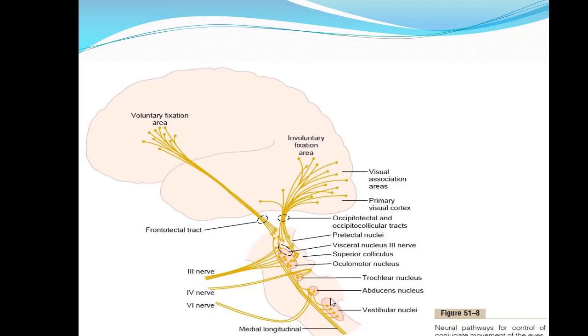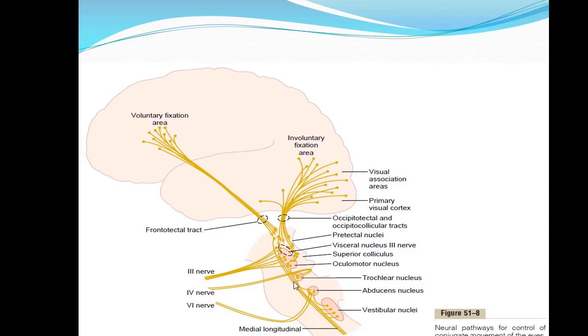This is the vestibular nuclei. The vestibular nuclei are present in the brainstem, and they receive signals from the vestibular apparatus present in the ear. This vestibular apparatus has receptors which are stimulated when the head is rotating. Rotation of the head will cause stimulation of the vestibular apparatus, and it will send signals to the vestibular nuclei here, and from the vestibular nuclei the signal will be transferred to the nuclei of the cranial nerves, that are the abducens, the trochlear, and the third cranial nerve. This is the medial longitudinal fasciculus, or the medial longitudinal bundle, which connects all these nuclei